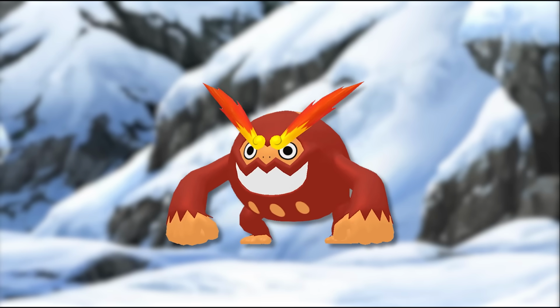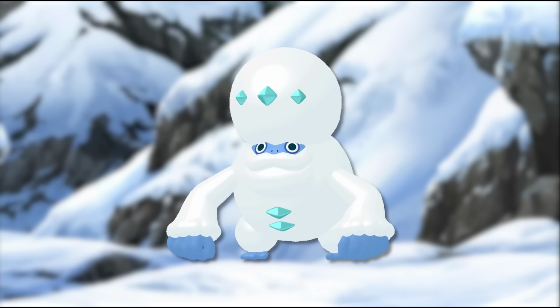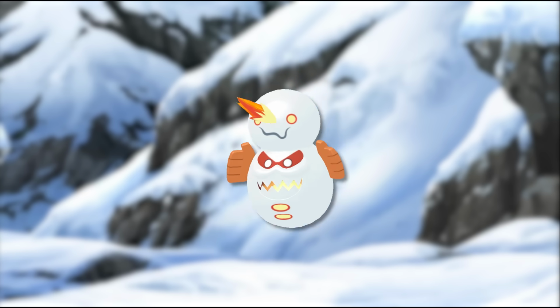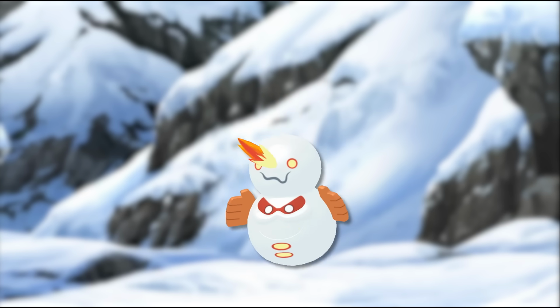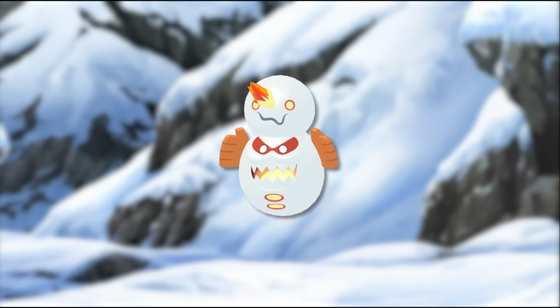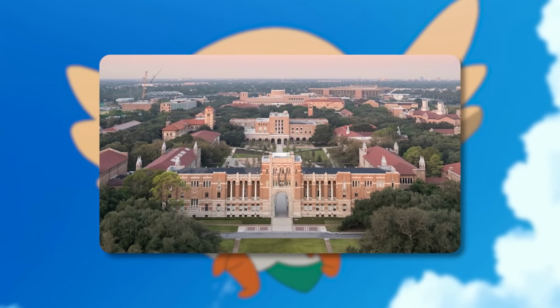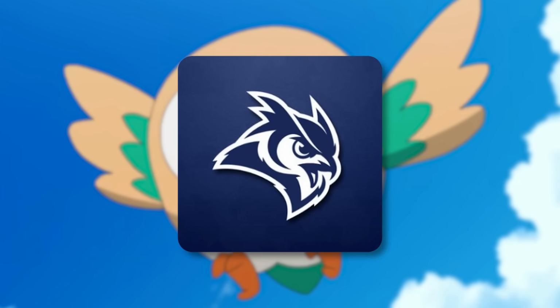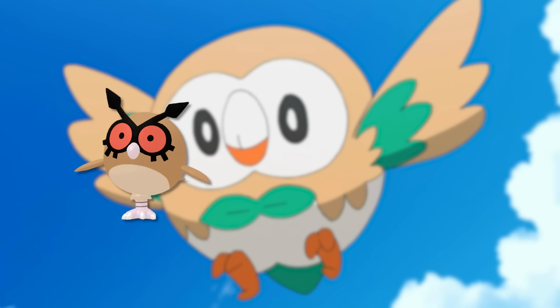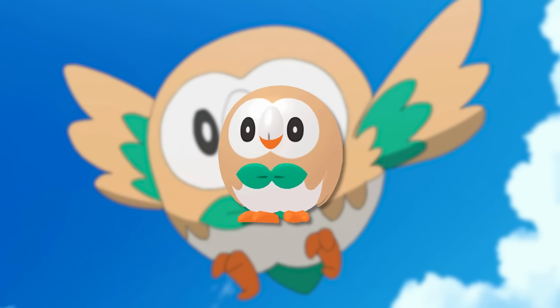Regular Darmanitan calms down in Zen mode, but Galarian does the opposite, igniting the dormant fire within a snowman. It is so fun, and I really wish ZMGD was a Pokemon on its own and wasn't locked behind half health. Number 30 is Rowlet. I love owls. I've always liked them, but I also went to Rice University, and our mascot is the owls. Despite that, I never much cared for Hoot Hoot or Noctowl, but then they introduced Rowlet, which is insanely adorable